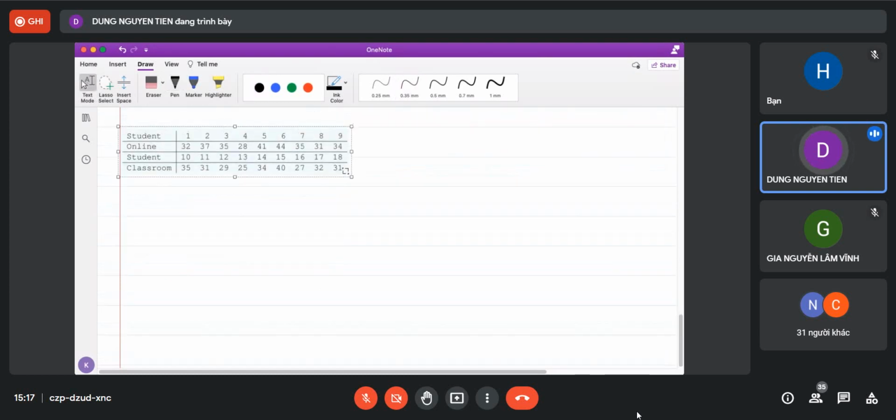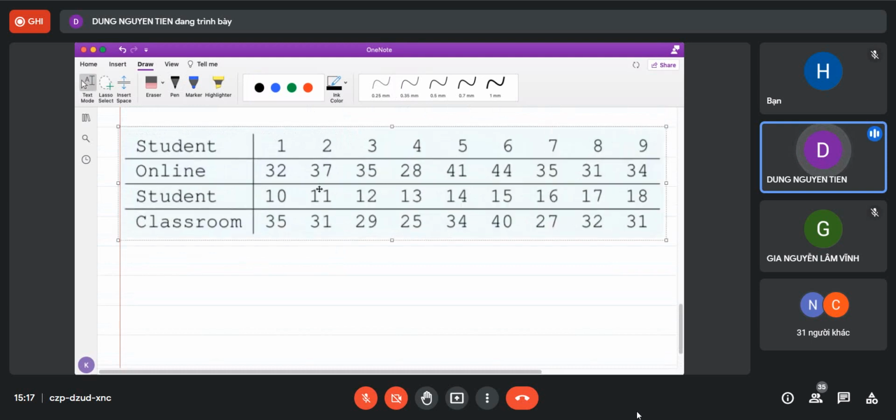You see that in this case, you need to get 18 students instead of only 9 students, and each person will take the exam either online or in class, right? So you must have 2 independent samples. Okay, you may say, why don't we only use independent samples? Well, it is not a good idea to always use independent samples. Why? Because if you use independent samples, then there is a chance that